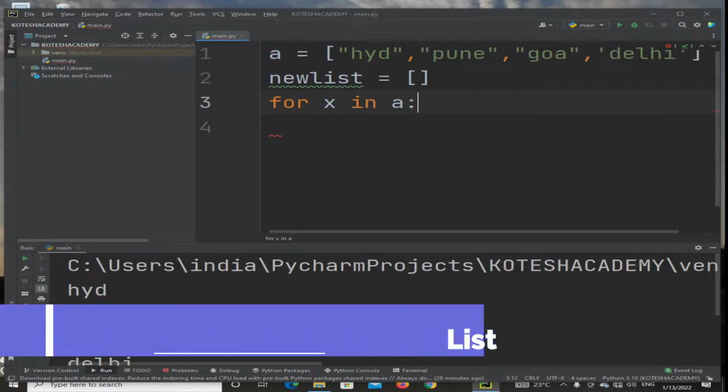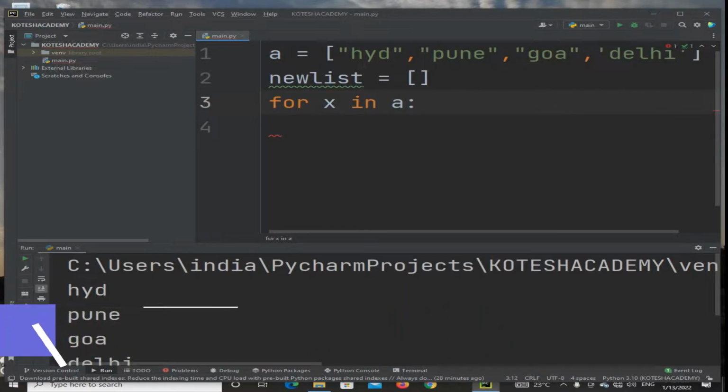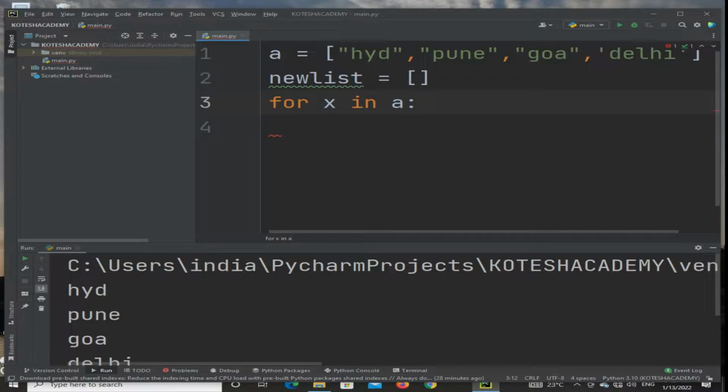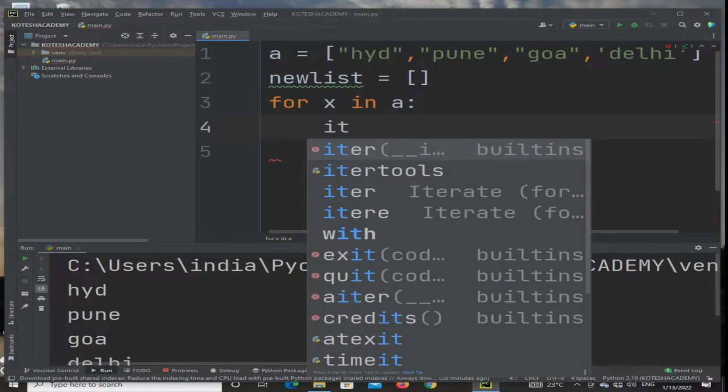What is the meaning of step by step? You have to check what the function does. Here a value having 4 items, and the items are moving from a to x, line by line. After that we are writing the condition: if